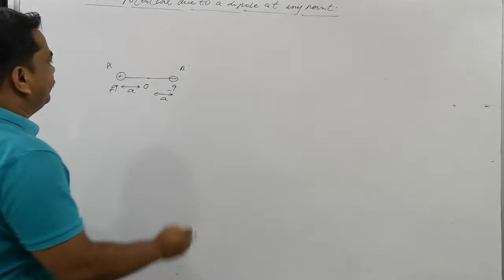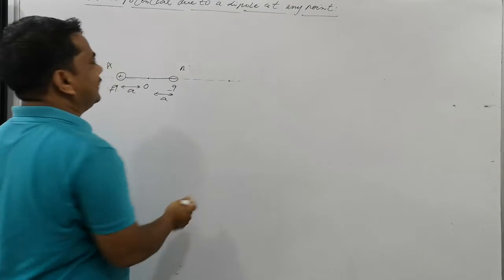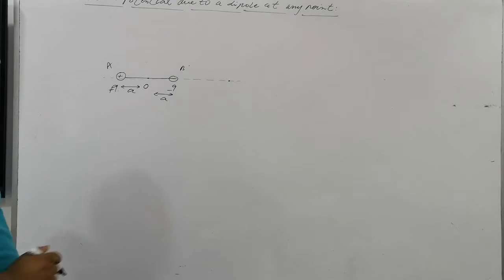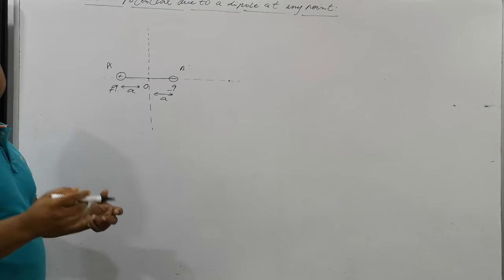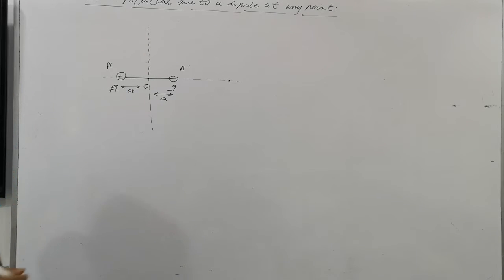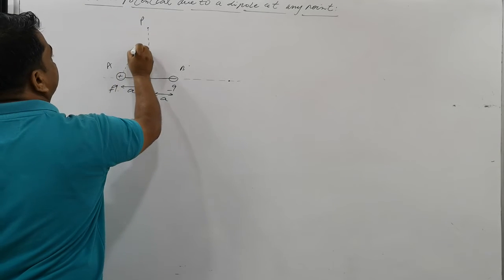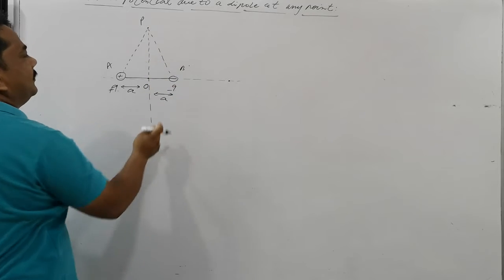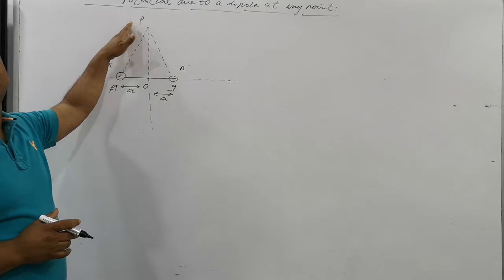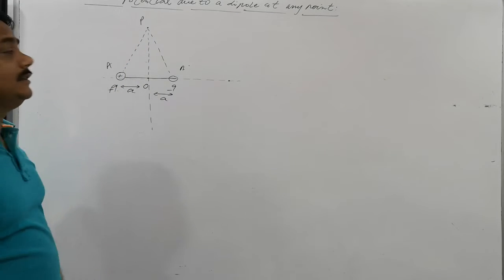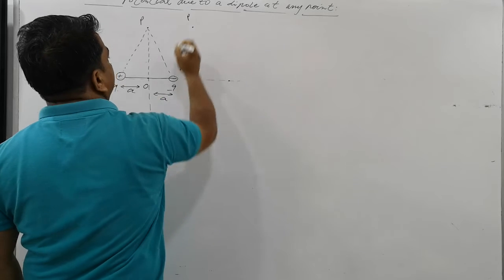If we draw an imaginary line here, this will be the point at the axial position, and if we draw a perpendicular line to that, you have already studied this concept in the case of electric field intensity due to a dipole. At this point P, this is the equatorial position. I'm not giving the derivation for the point at the axial position; I'm giving it at any point. At any point means we want to find the electrostatic potential here. This is the point P.